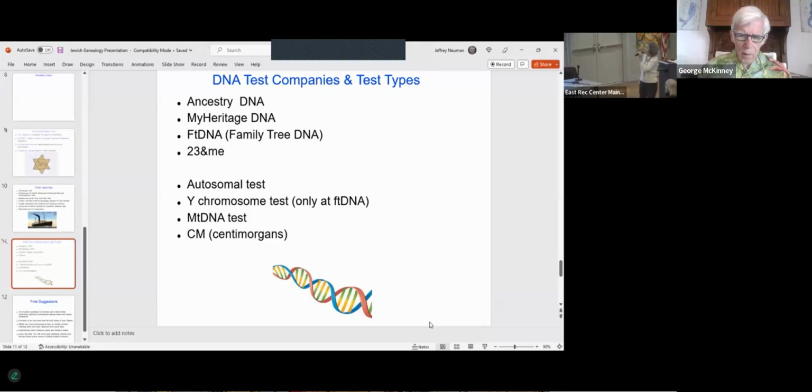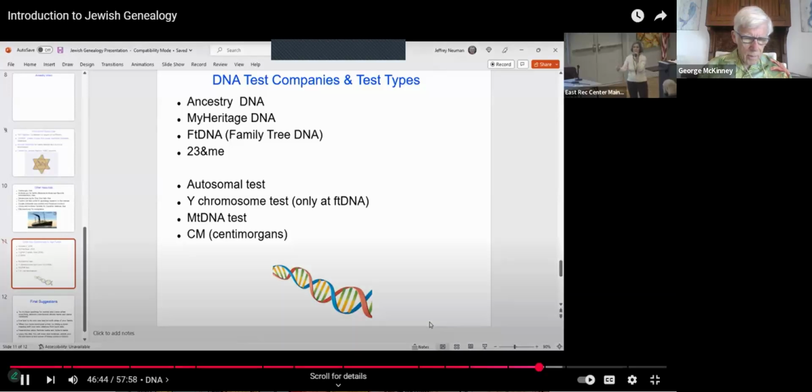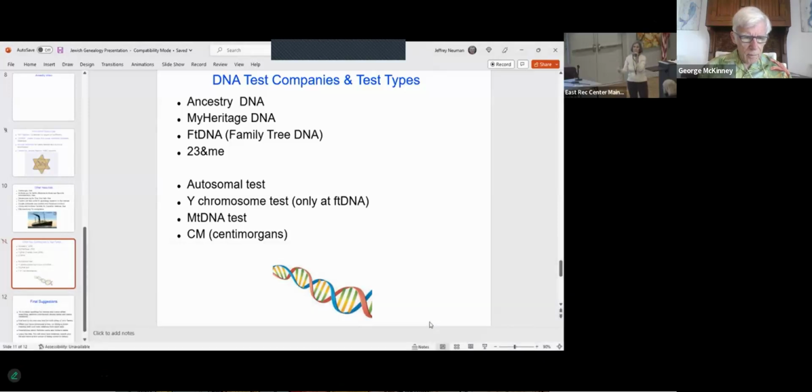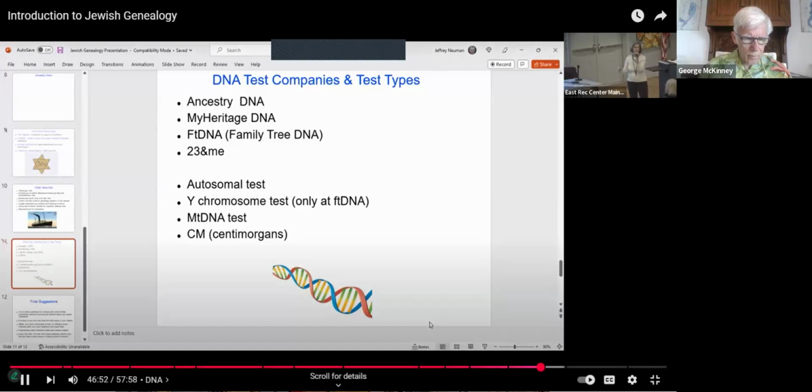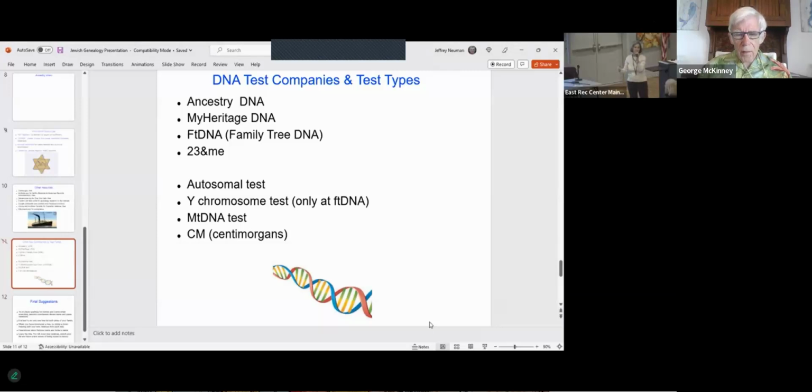And if you're doing DNA, you need to know about centimorgans, which is abbreviated as a small c, capital M, because how closely related you are to another person is measured in centimorgans. The people you should be most interested in are the ones who have at least 100 centimorgans in common with you. You want to know about those people. And also people who have a very large segment. They can have many segments, but it's the size of the biggest segment that's most significant.